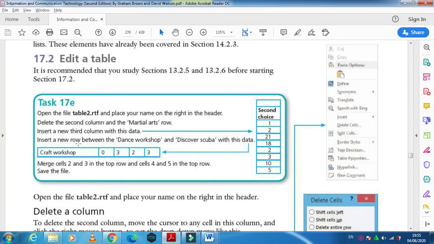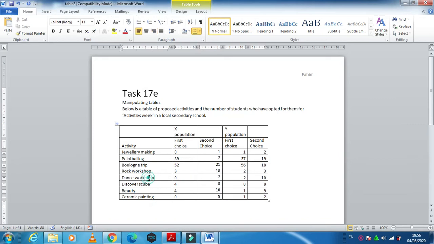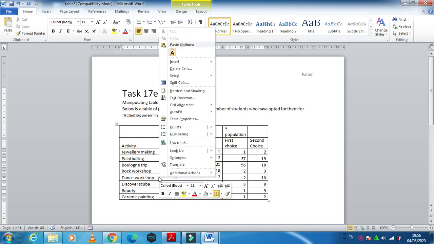Entry is done. Now insert a new row between the dance workshop and discover scuba with this data. You can click here and here as well. If you click here, then right click and insert row below.